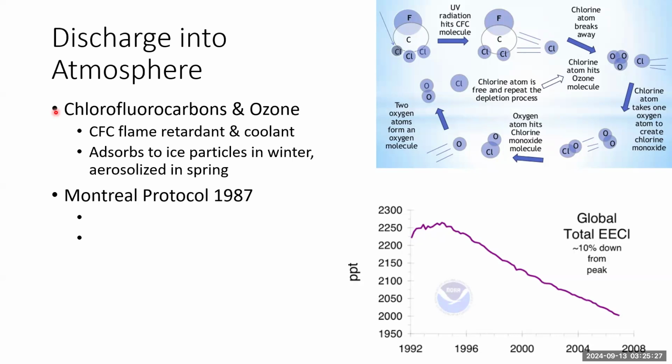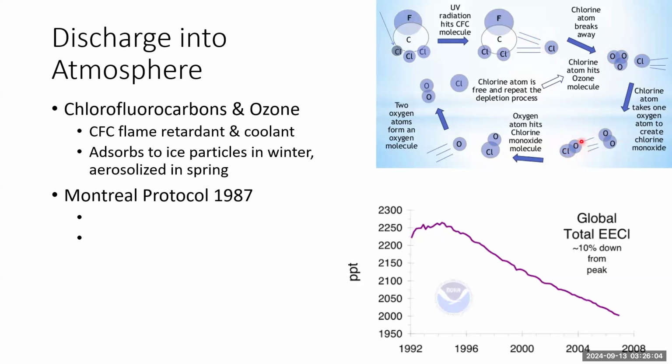So those CFCs would get released into the atmosphere, and they would get swept up by air currents into the stratosphere. Once they were in the stratosphere, UV radiation would hit these CFC compounds. And these CFC compounds would start to break apart in that ultraviolet radiation. Namely, it would release the chlorines that were attached to that carbon. The free chlorine would then run into some ozone. That chlorine would then break apart this ozone,